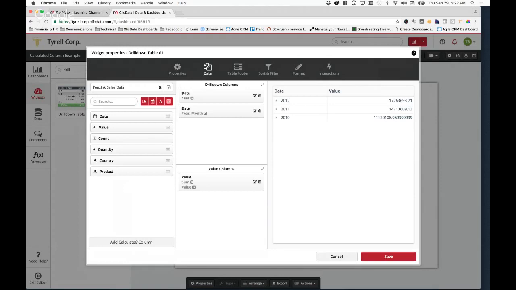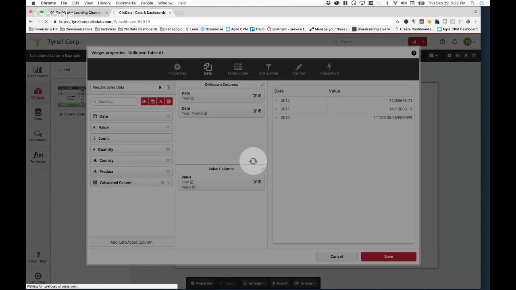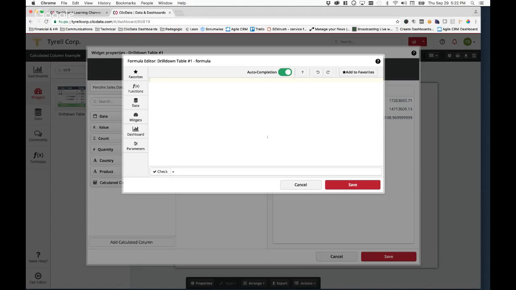The idea of adding a contextual calculated column is, if we click this add calculated column at the bottom, what we'd like to do, for example, on the year basis, is to see the growth from one year versus the other year. Obviously, the sort order is quite important. How we do this needs to be done using the row value, the row total, and row group. You'll notice on the functions, we have chart and tables, and we'll have a few more as time goes on. We have things called series category, series total, series value. On the table side, we have row group, row total, row value.